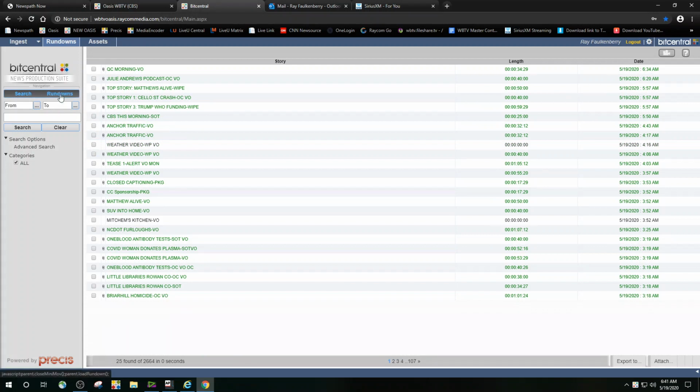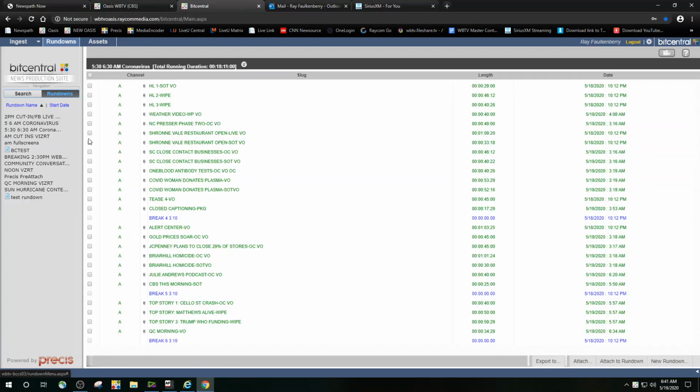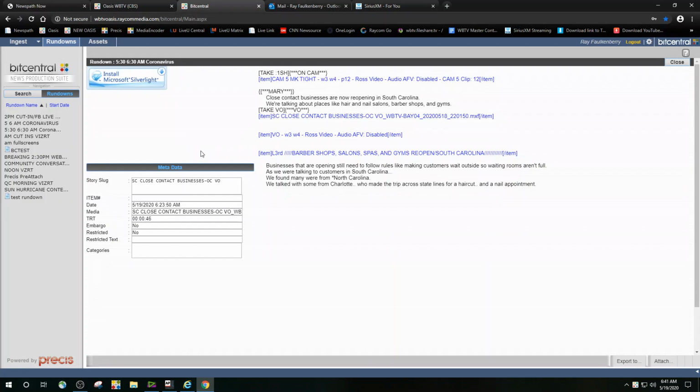And you can come in here and look at the rundowns that are mossed. So currently the 5:30, 6:30. You can come in just like you would in Precis, double click. I'm using Google Chrome. That's the only downfall, is that Google Chrome doesn't allow you to view the video, but you have your script here. You can still export it and attach it